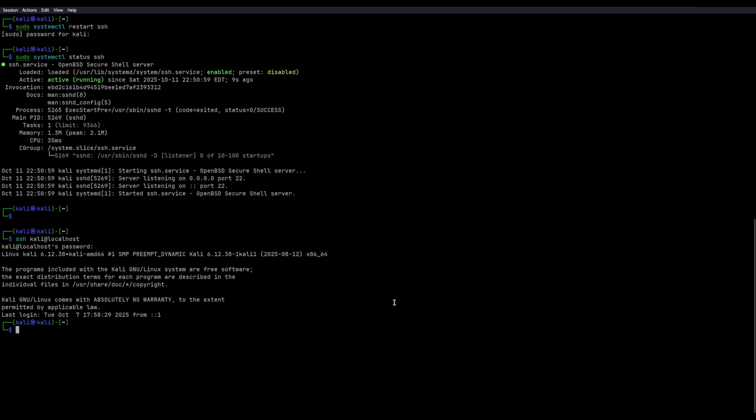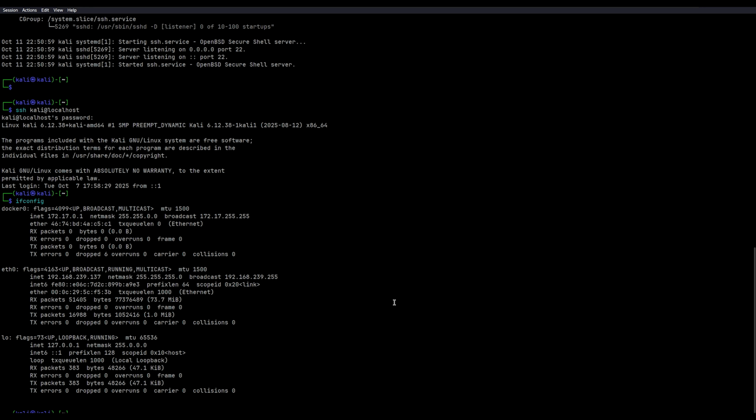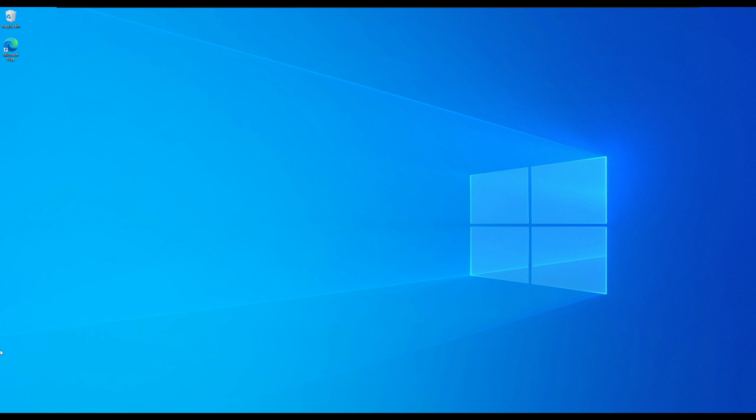Now the next step is to find the IP address of the Kali machine. To do that, just run ifconfig, then look for the IP address under your active network interface, which is usually eth0 or wlan0. And right over here you can see it's running on 192.168.239.137. So I'm going to copy that and just let me go to my Windows here,